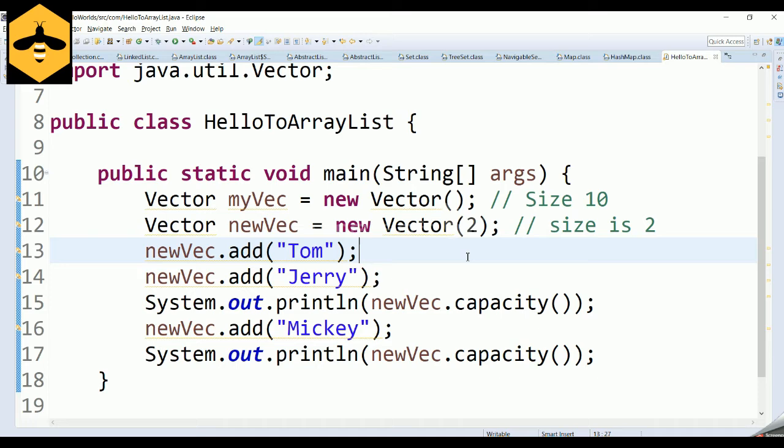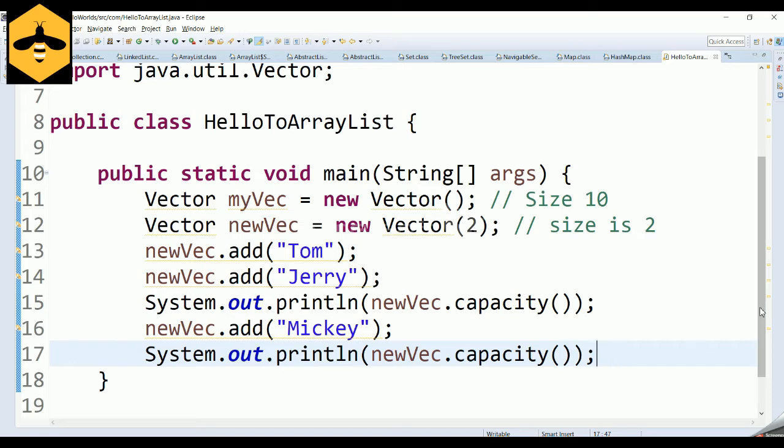This is the basic working of the vector, which is very different from array list and linked list, where the size is very dynamic and it will grow one by one as you insert the elements. Whereas here the size of the vector will double. So based on your technical requirement, you can use whichever implementation best suits you.